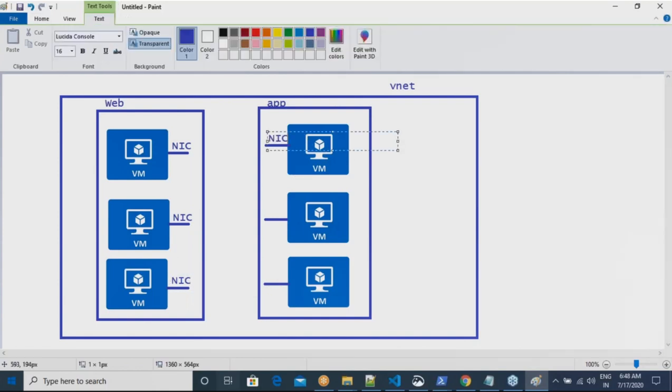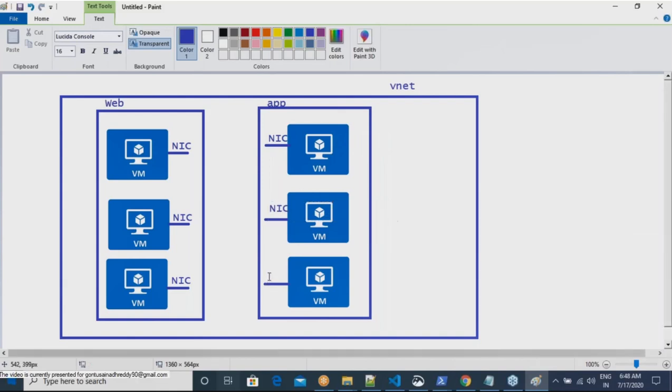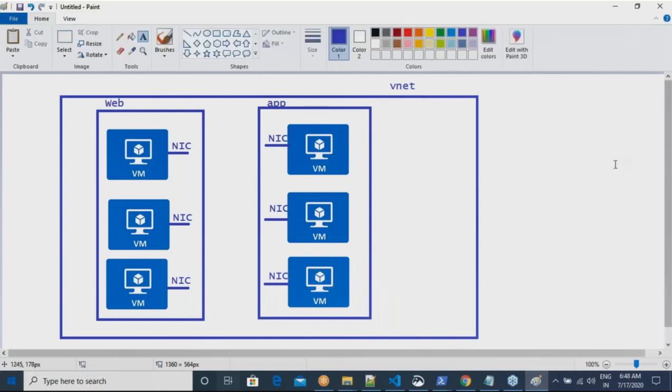So is there any way that I can group these applications as one common set of rules rather than writing different rules for different machines? Because sometimes the same machine might be across subnets. You might have a similar machine in two subnets. So the whole idea is how can I group machines with respect to the behavior which they have.